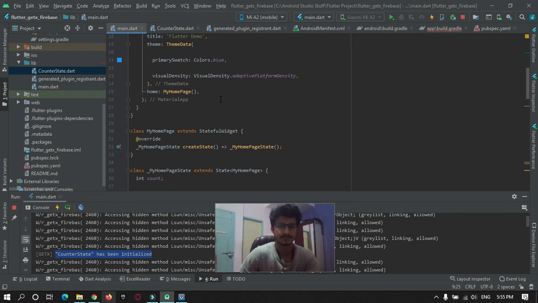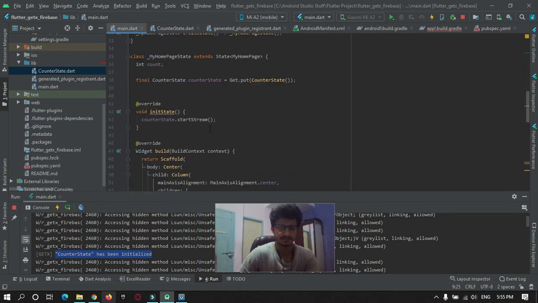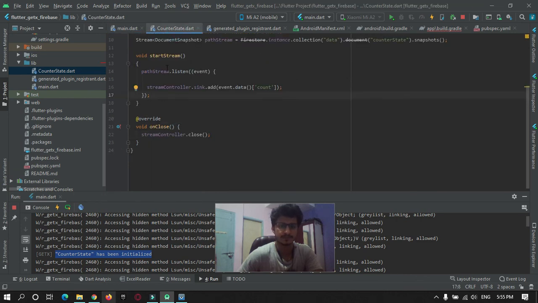Okay, after that we have made use of the increment variable, one variable that stores the value that is being fetched from the Firebase server, and we have created an instance of counter state by making use of GetX properties, and then we are using this instance to start the streaming, this one.